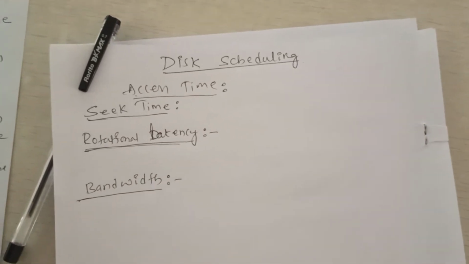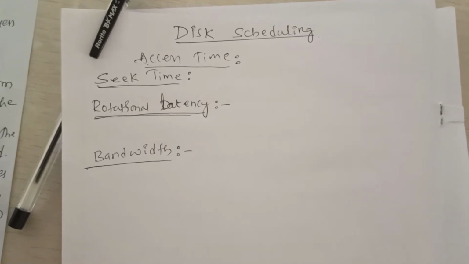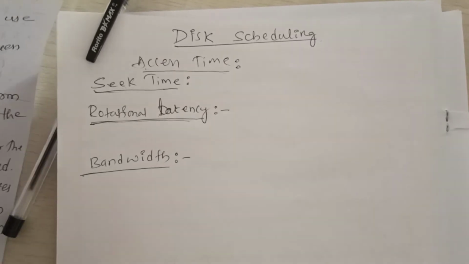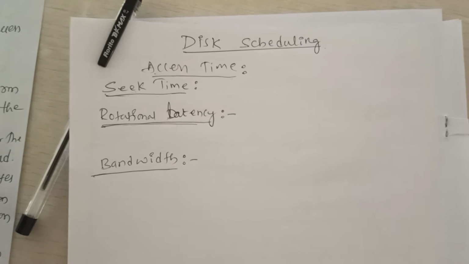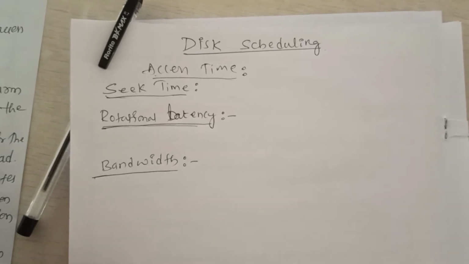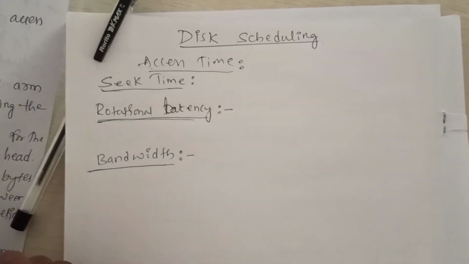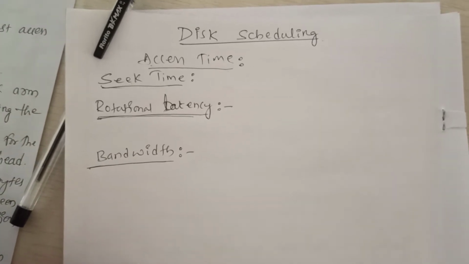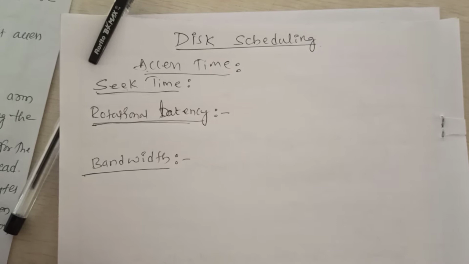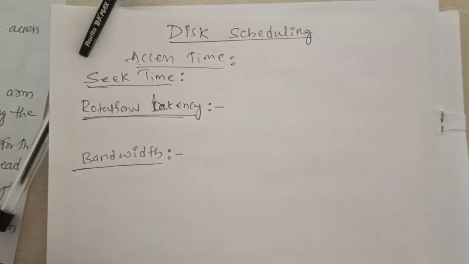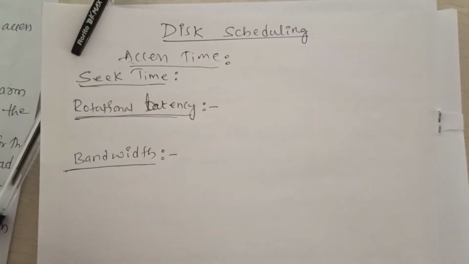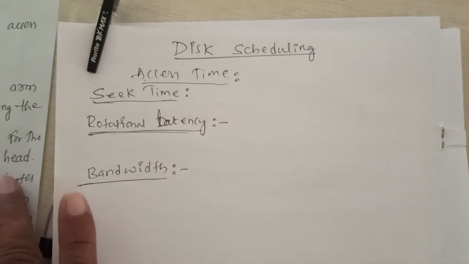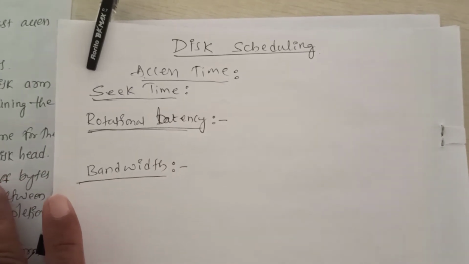After seeing these definitions, what is access time, the components of access time, and the bandwidth, we have to schedule the disk in such a way that we use the hardware disk drive efficiently. We have to improve both the access time and the bandwidth by scheduling the service of the disk I/O requests in a good, efficient order. There are n number of requests generated by the different processes or applications in the system.